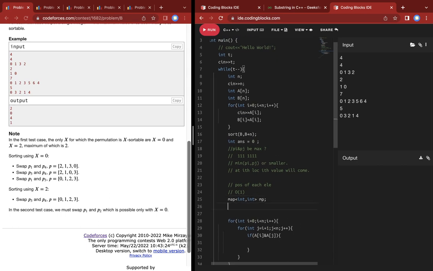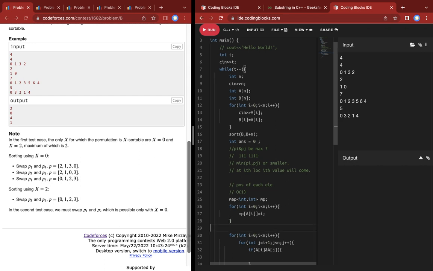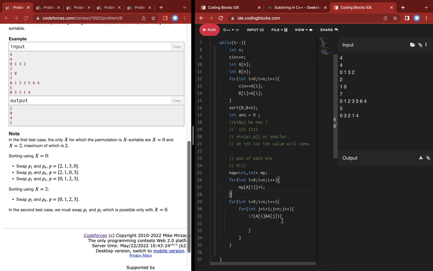And now what I'm going to do is a for loop. I'm just going to say map of that element, a of i, is equal to i. So we got the position. And now what we're going to do is